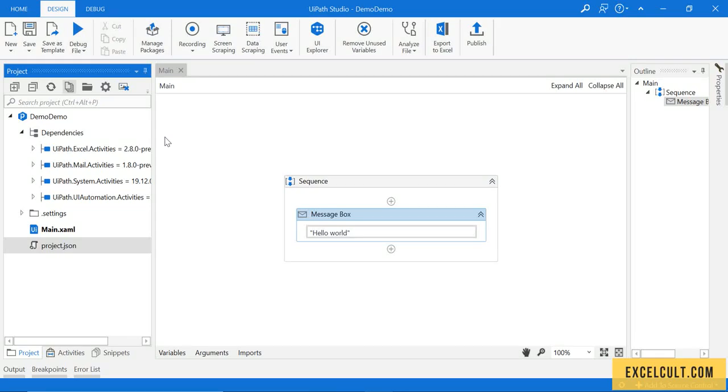Let's discuss the project panel. On the left side, we can see the window which shows us the project panel. It will contain the details about the project that we are going to implement. These are the dependencies. Every UiPath project will contain activities as a basic block